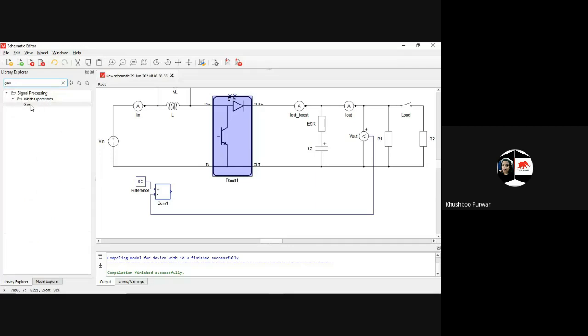I will use the gain from the signal processing part, one gain for the P and another gain for the I. P means proportional, and I for integral. So here I will name it as P in the first gain, and another gain for the integral, capital I.